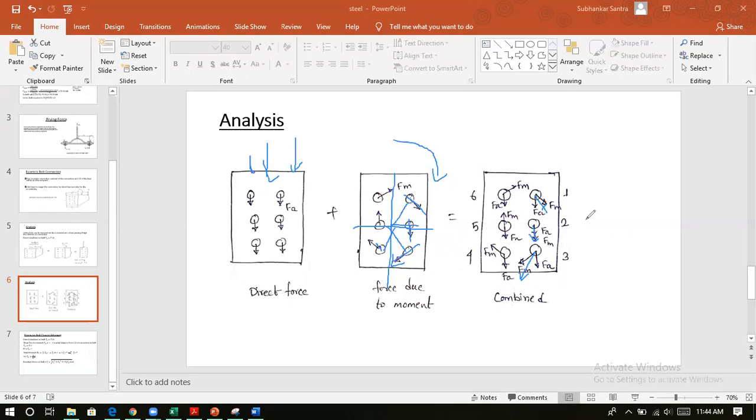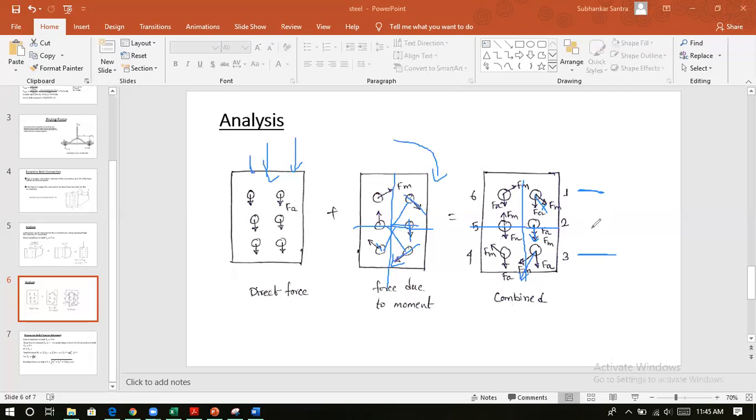Now for this joint, if you see, you can see that the resultant force in one bolt and the resultant force on the three bolt will be same. So one of them may be critical, and the resultant force on 2 and 5 will be same, so one of them